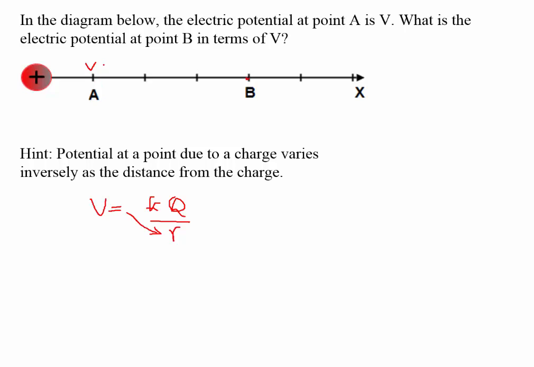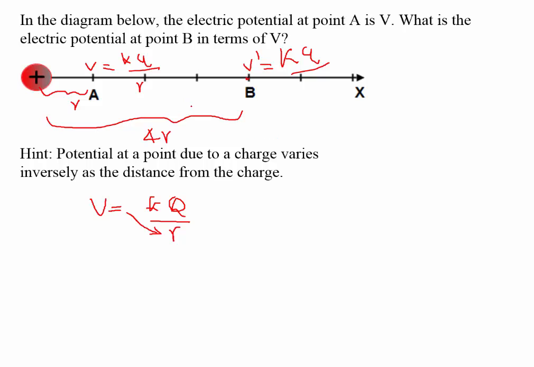So if this V equals KQ over R, what will be the potential V prime at B? It will be KQ over, if this is R, what is this? That will be 4R, is that right? That's correct. So that will be 4R,